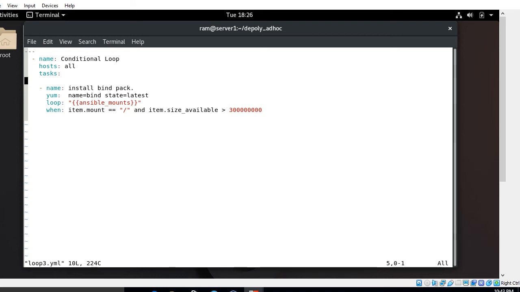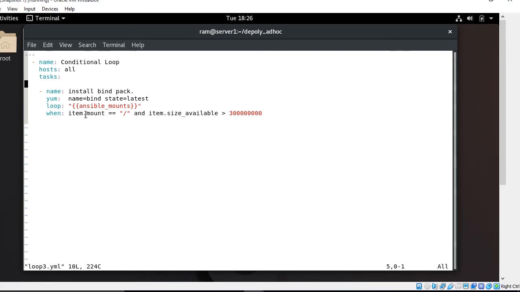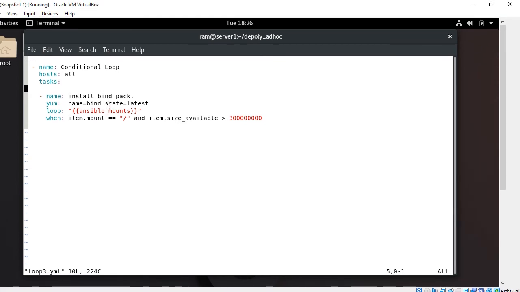I want to execute it on all hosts. Then I mentioned a tasks section where I used the yum module to install a package on the managed host, but with one condition. So here I use ansible_mounts. This is the Ansible fact having a list of all facts about the mounted file systems.